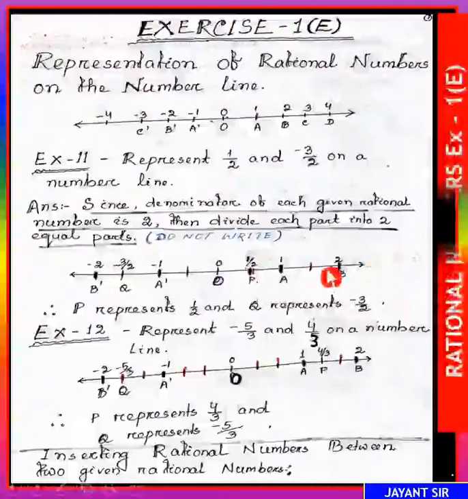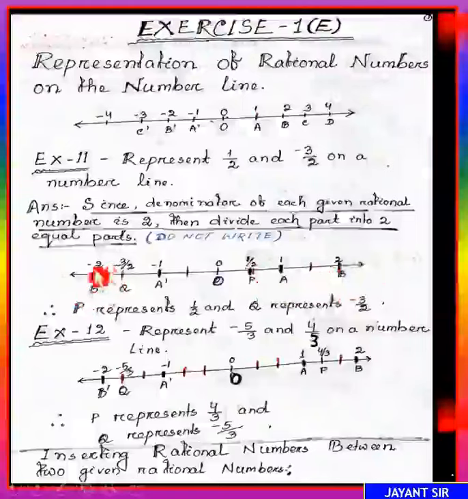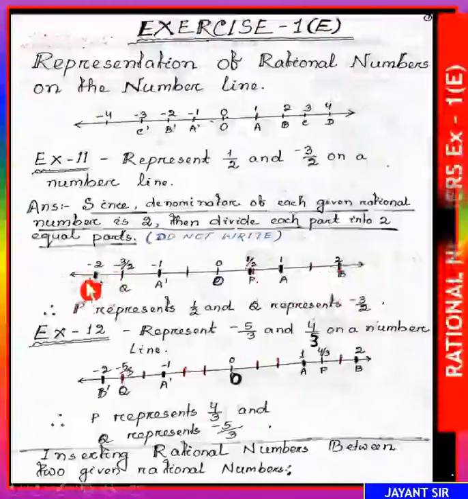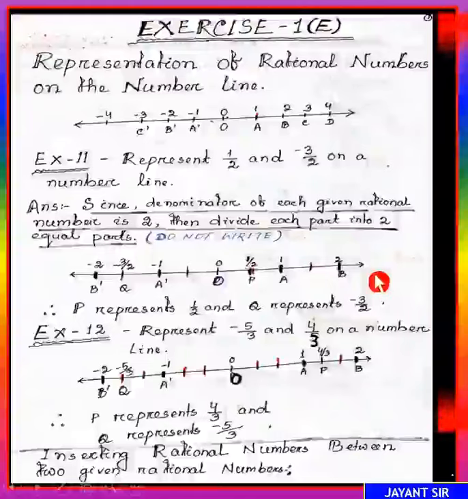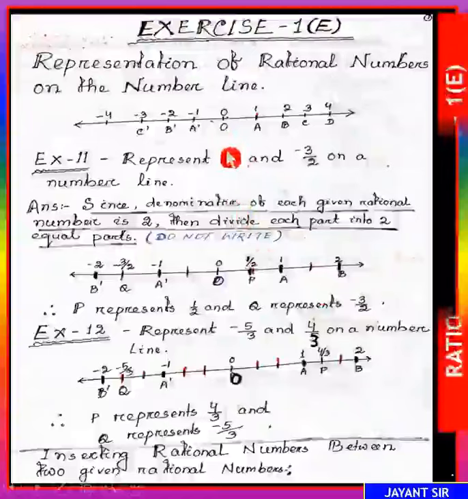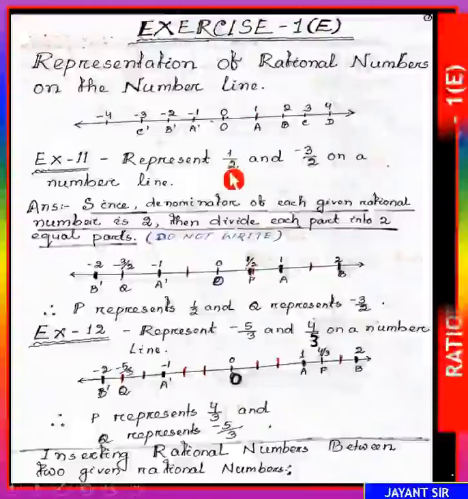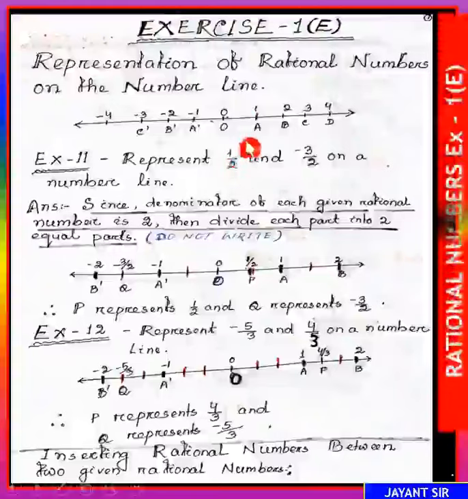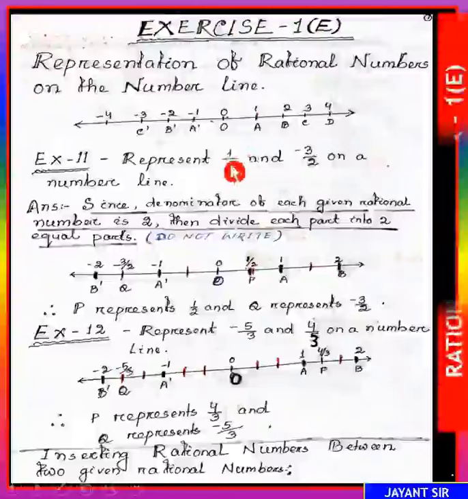Another thing I can tell you is why you have come up to B and up to B dash. Why can it not be C dash, and why can it not be C on this side? Because on the positive side 1/2 is given. If you divide 1 by 2, it comes 0.5, that is 0 point something. That's why this number falls in between 0 and 1.